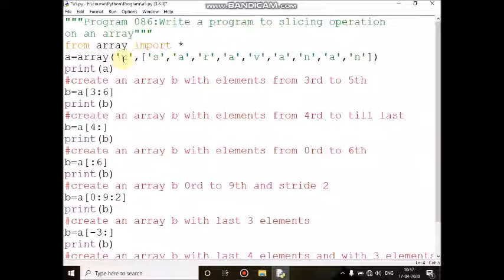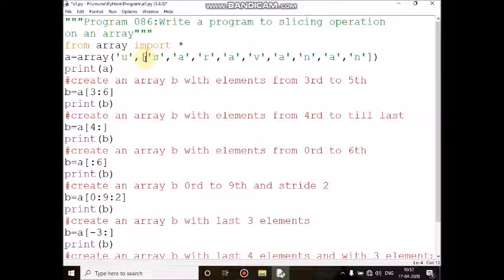The first parameter indicates the type code. Type code means what type of array it is. That is U, which is Unicode. U means Unicode, that is a character array. It occupies 2 bytes for each element in the memory. The first type code is enclosed with single quotation marks, then a comma. The second parameter